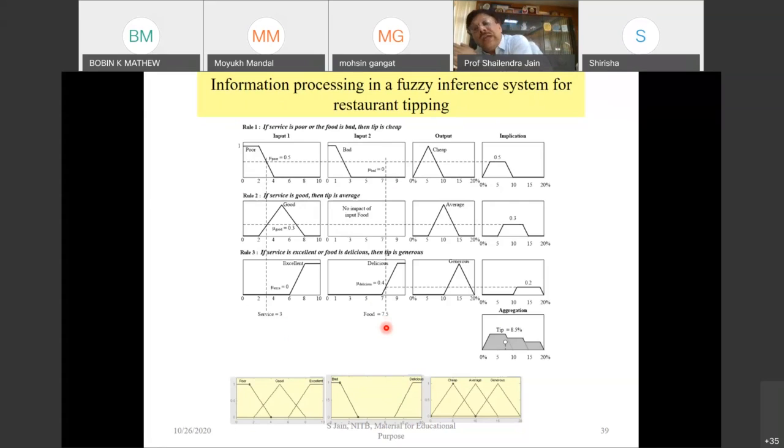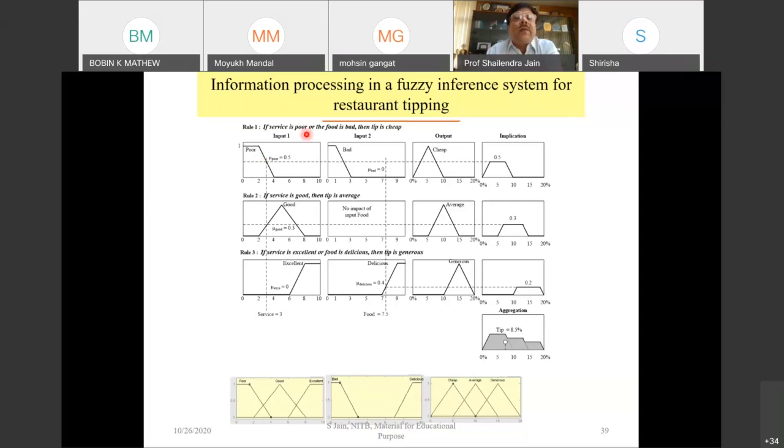It's close to very good, but service is very poor. So generally, the tip is given more for this service. Food quality was good, but you were not attended properly, and the food was not served on time. So in this case, if we talk about the general decision, service is poor, though food is good, your tip should be below average, isn't it? A right decision should be that the tip is below average. Let's see how we calculate it from the rules.